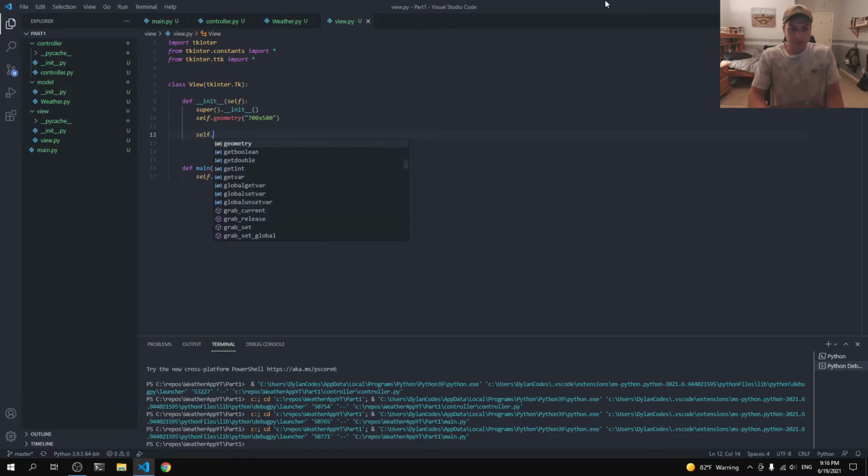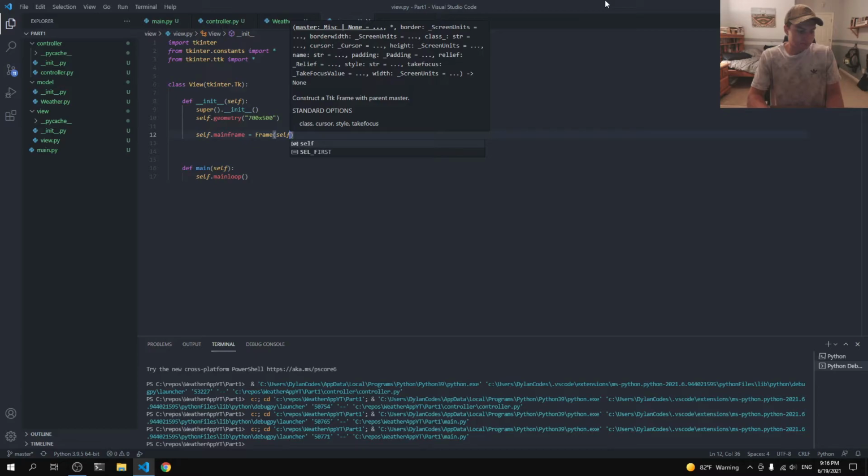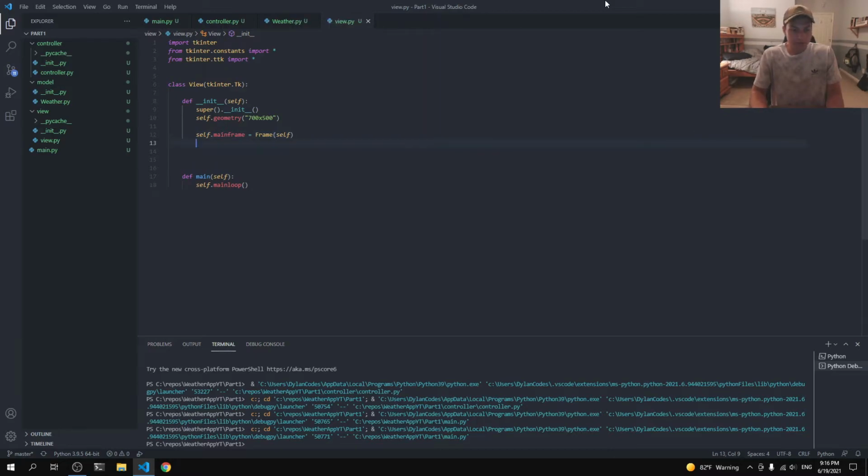So real quick, we're just going to create a self.mainFrame, and that's going to be equal to a Frame from self, and that'll be good. And then some different frames that we might create, for example, could be, let's see, a create frame search bar. So we'll create one frame for our search bar,